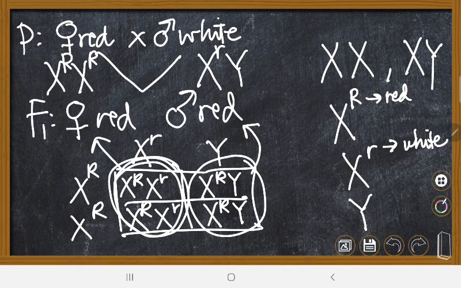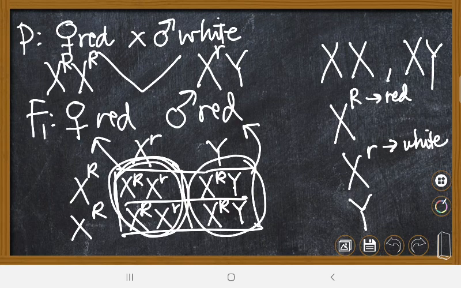Tapos dito sa red-eyed males, Y of course will come from the male parent, and the X big R comes from the female parent. Okay? So, this is the F1, the offspring of our purebred parentals. Okay, so let's proceed to the next